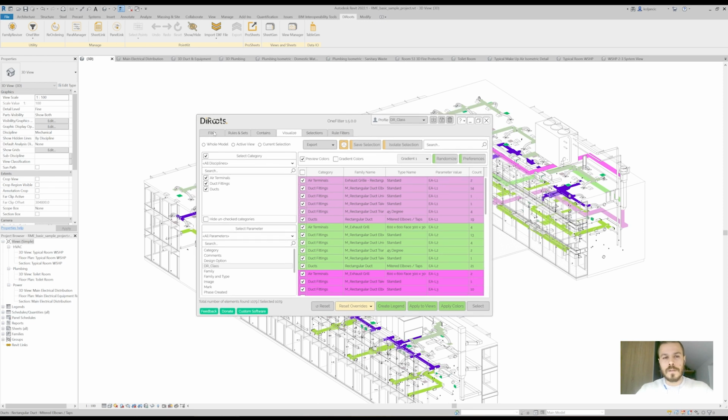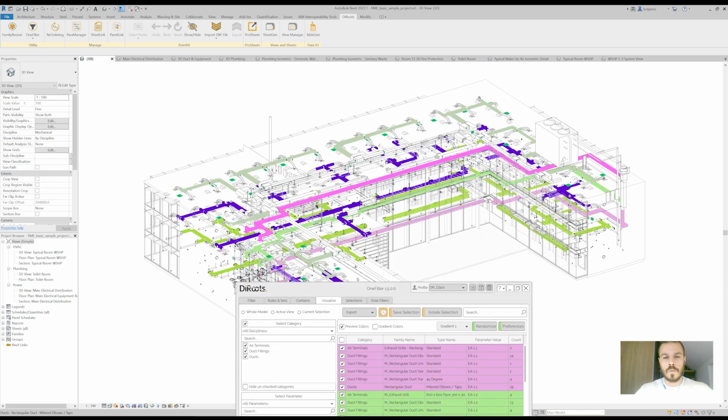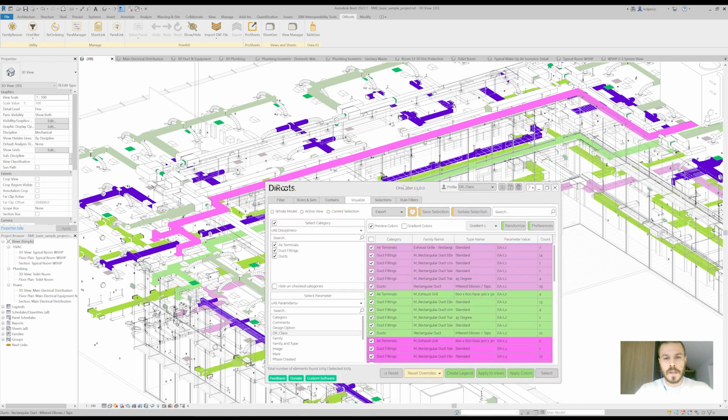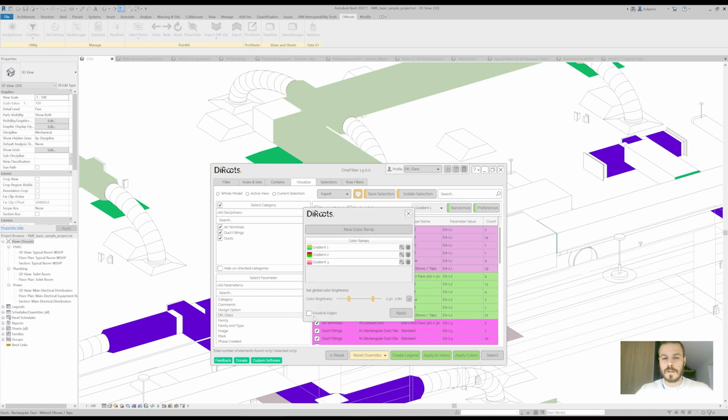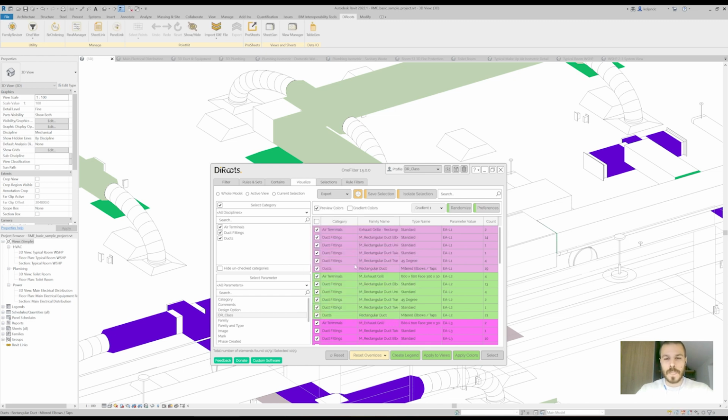And now you see the power of OneFilter. What we just did is we filter the elements, we send them to be visualized, or we can directly go to visualize tab, and we apply colors per parameter values. That on its own gives, in our opinion, the context to data, and it's very easy to spot the issues or things like that. Now, you see one thing. You don't see edges of the geometry. And I intentionally did this just to show you that OneFilter is actually very, very capable, and especially this Visualize tab, it holds one setting that I believe is turned off by default. But if you go to Preferences, you check Visualize Edges,